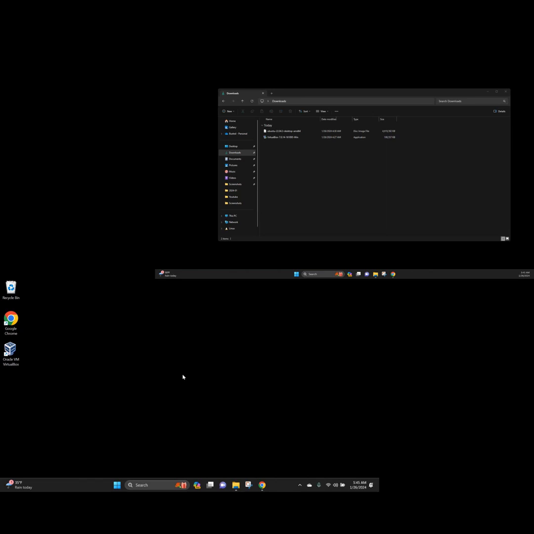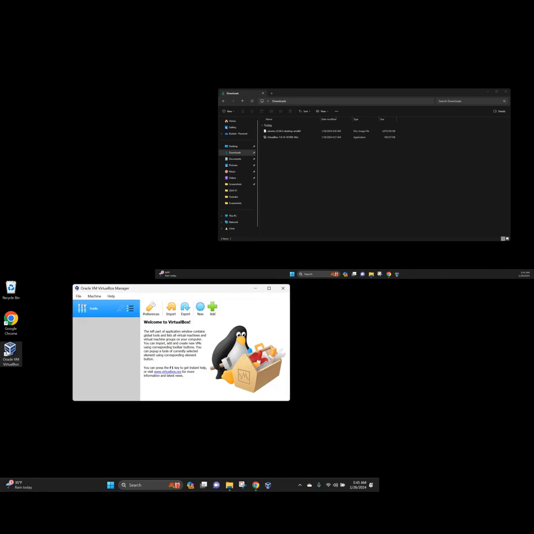So I'm trying to install Ubuntu onto Virtualbox. I've downloaded and installed Virtualbox previously. I just downloaded Ubuntu. So let's start Virtualbox and click on New